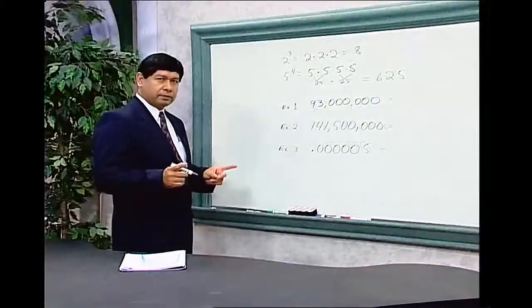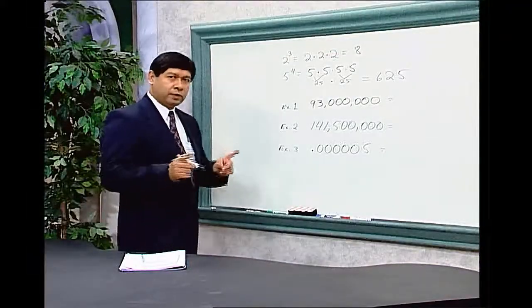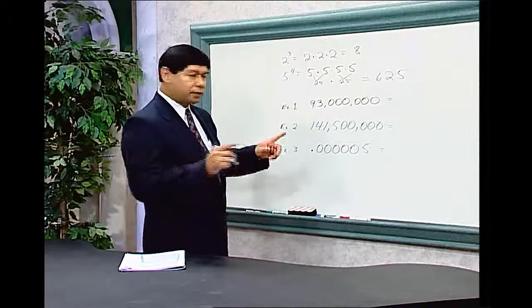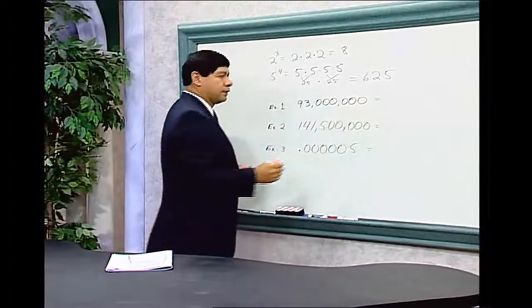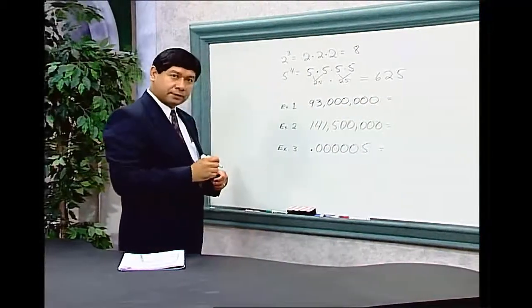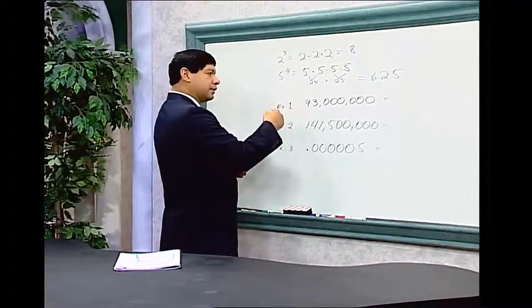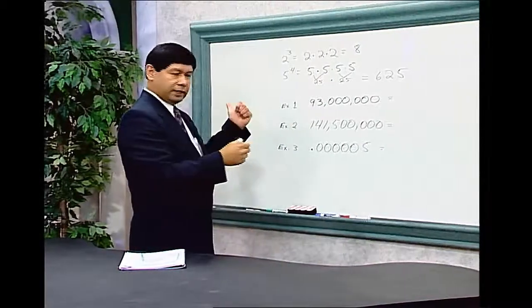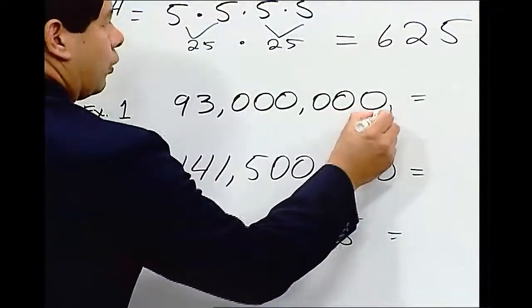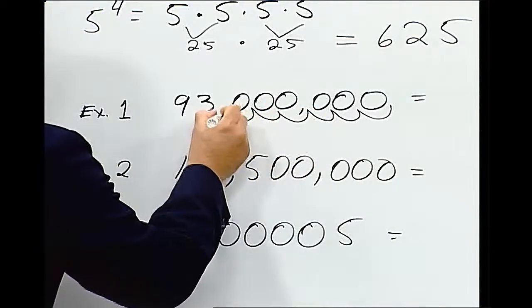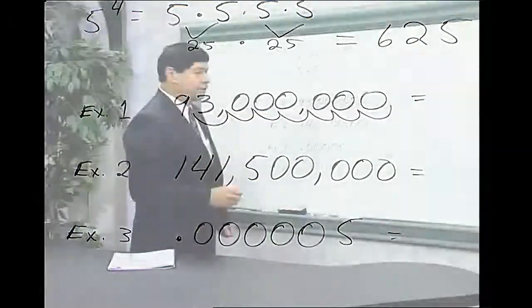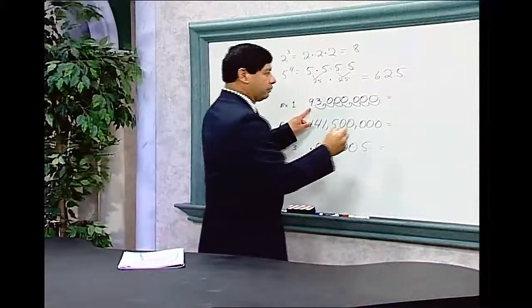Again, the thing to remember is that we want our whole number to be between 1 and 10. So the number of interest is the 9. We have a decimal point here. Now let us count to see how many places we need to move our decimal point. In this case, we're moving the decimal point to the left. So let us count. 1, 2, 3, 4, 5, 6, 7. So to write this in scientific notation, this will now be